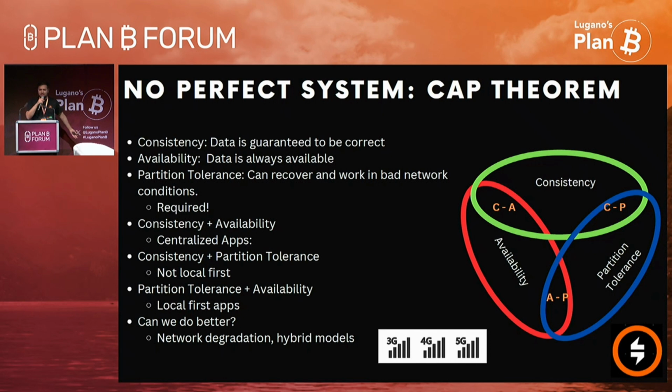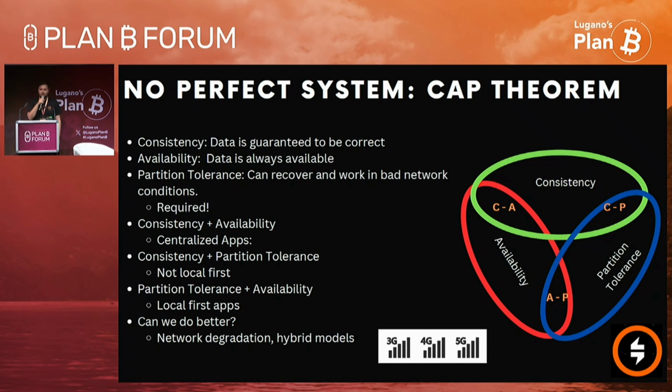Consistency means that when you fetch your data, you always get the correct data. Availability means that you want your users to be online. So Lightning has availability requirements: if your user is not online, you can't pay them. Partition tolerance is a requirement for any distributed system, so in our world, it is a requirement. That makes things a bit easier, because we don't have to think about partition tolerance since we always need it, but it doesn't take away from the final two,